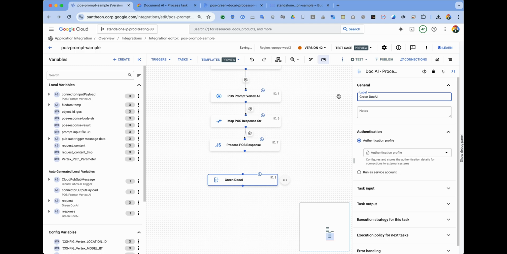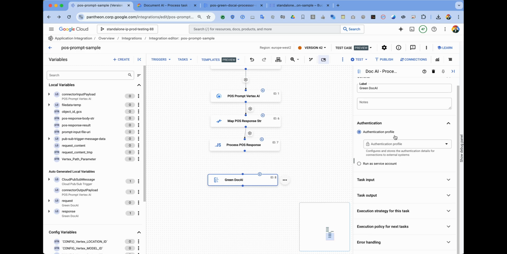And as you can see, if we have green, so similarly we will have blue and unknown one also. Now let's set it up and see how we can run it. So the first thing this DocAI processor is asking is an authentication profile. Now what this is, you need to call it using a service account to give an identity whether your